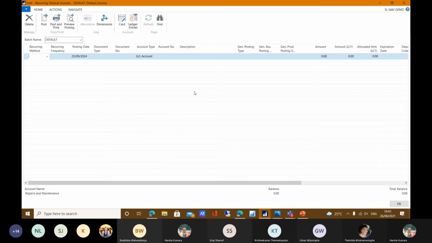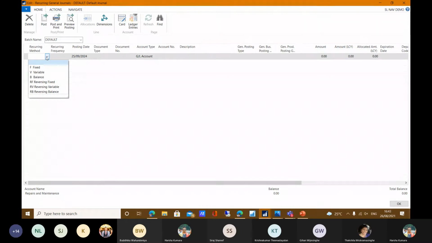In the recurring journal, there is an important field in the journal line, and one option is recurring method, and there are 6 variables there. You can post a fixed amount every month, and you can post variable amounts every month, and you can post balancing.